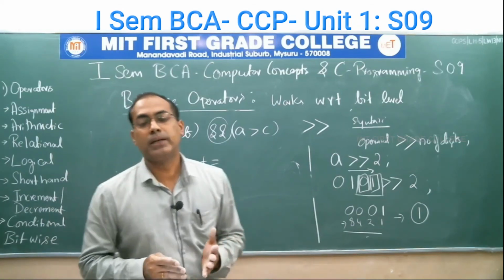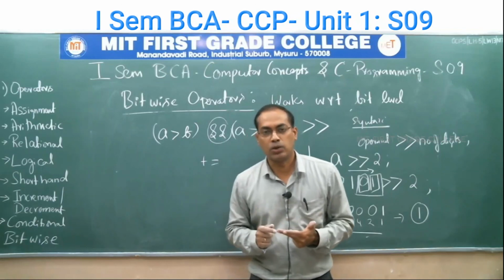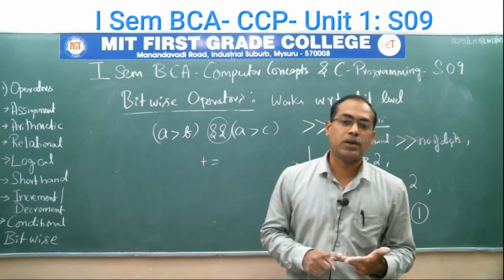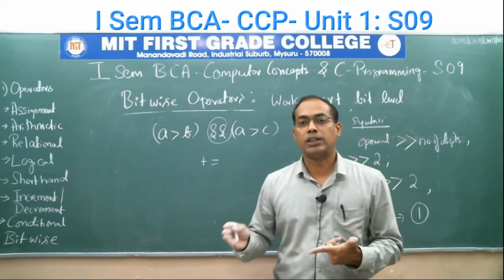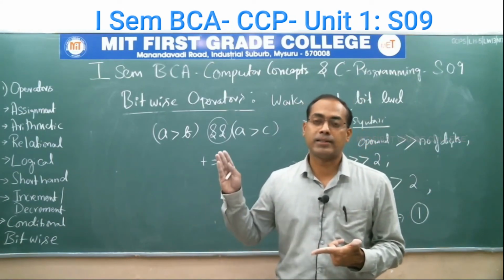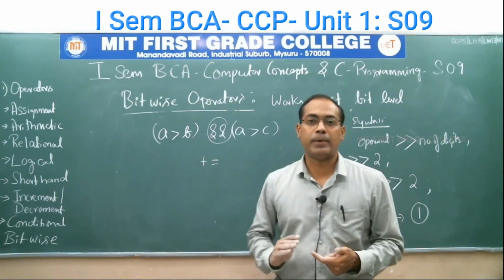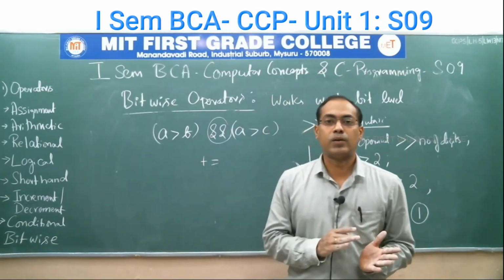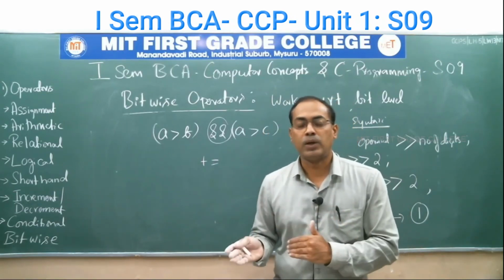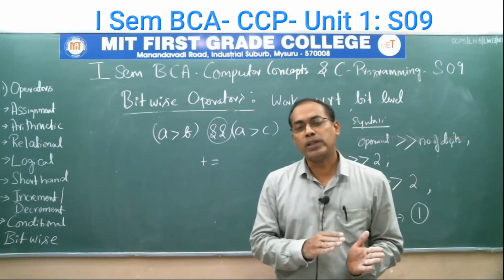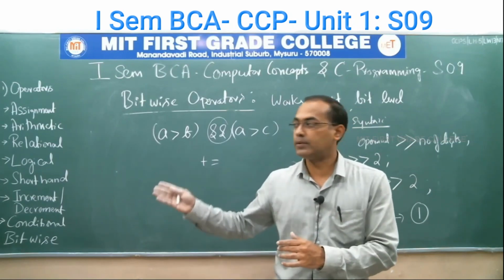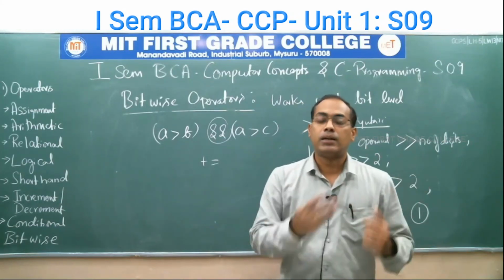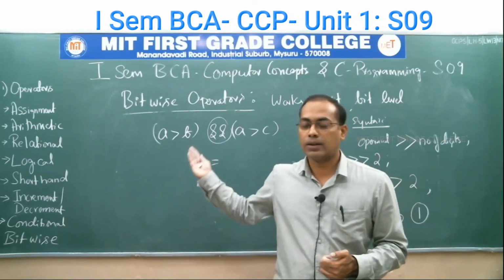In bitwise operators we saw 2 categories. Which are they? Logical operators and shift operators. The logical operators are nothing but logical and, logical or, xor, as well as the ones complement operator. Whereas in shift operators, we saw 2 types: left shift and right shift. Left shift is used to move the bits to the left the specified number of times, whereas right shift is used to move the bits to the right the specified number of times in the expression.